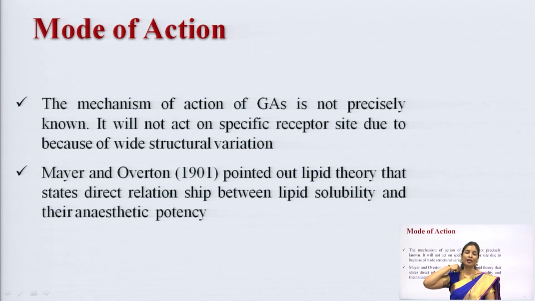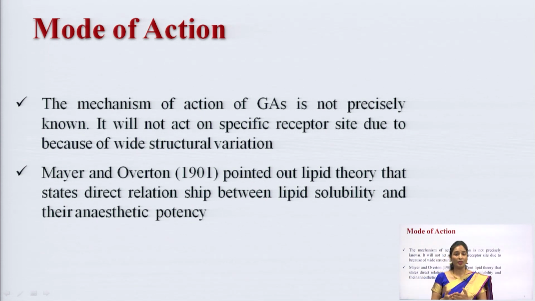This is a very important thing in this particular topic. By understanding the mode of action of a particular drug, the topic will be much clearer, how the drug shows its action in the body. So, we will see the mode of action of general anesthetic drugs. Mainly, general anesthetic drugs focus on inhibiting the excitatory neurotransmitter or promoting the inhibitory neurotransmitter. Before going to the particular neurotransmitter, let us see what the general anesthetic drugs will do here.